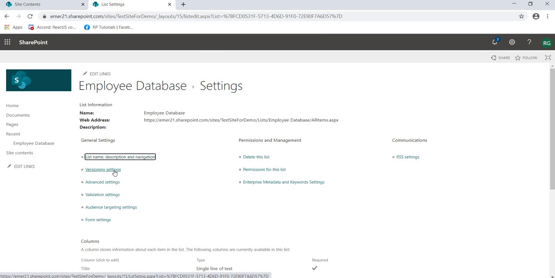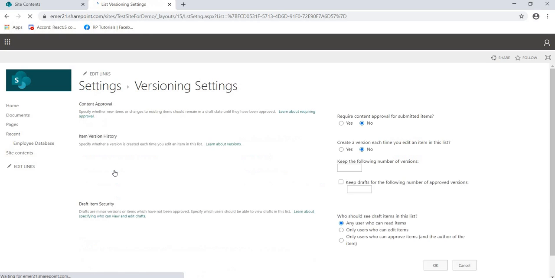On cancel, then you have version settings, where you can enable versioning. Once you have created one record, and after that you change that record, it can be some details like employee name, employee address, employee mobile number, and so on. If you change any of those details, you can maintain that via version settings. You can enable version settings and then track those changes. Right now it is disabled.